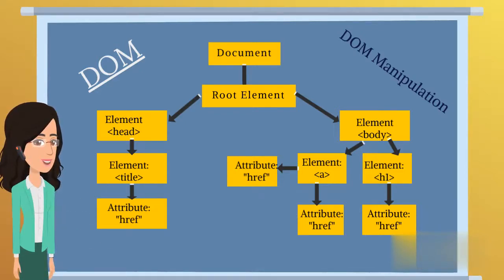Second is elements. All the tags that are inside your HTML or XML turn into a DOM element. Third is text. All the text contained in the tags is called text. Fourth is attribute. All the attributes from a specific HTML element. In the image, the attribute is a class and it is from the paragraph element.